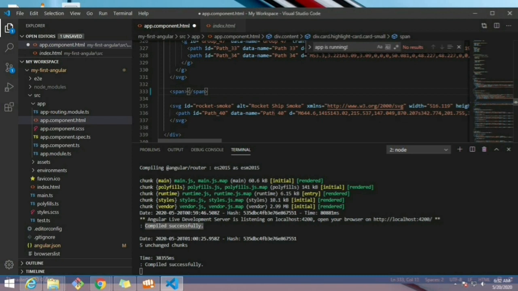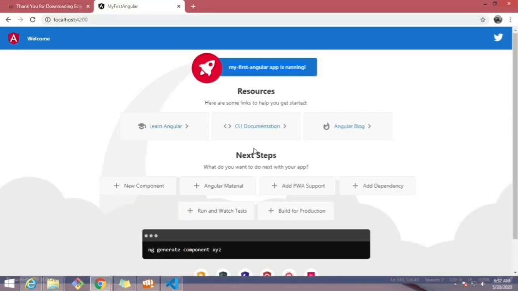Here you can see I just made a change and put in the channel name. I need to save it, and it automatically compiles. We do not need to refresh the page, it will be auto refreshed. Here you can see my new string.